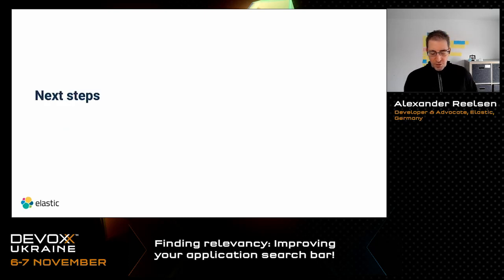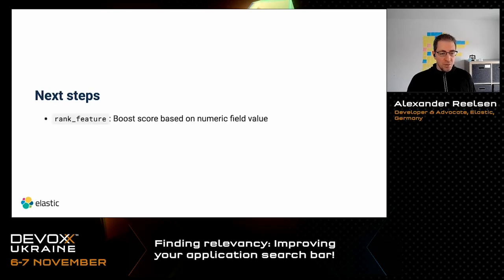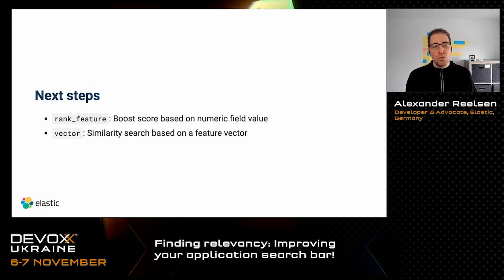So this was really just a small introduction also about the capability of Elasticsearch. There are more advanced features that you could take a look at, like the rank feature field type and query type, for example. I didn't talk about that, but that one is extremely interesting because you can score based on the numeric value of the document. So imagine that you have within the document your profit gains, like you get a 10% commission for that, you get a 20% commission for that product. You may want to boost this based on your commission so that you increase your commission based on your search results that are being ranked. This is something that would work with rank feature.